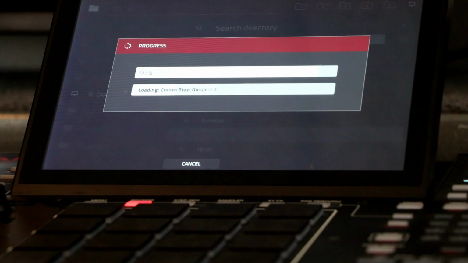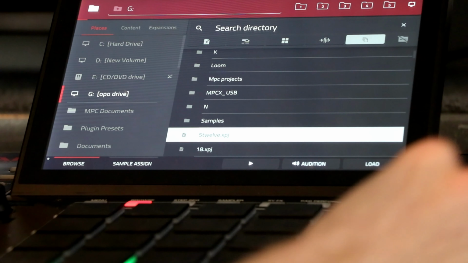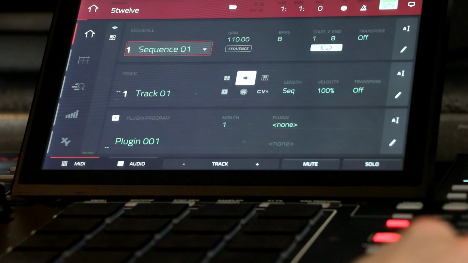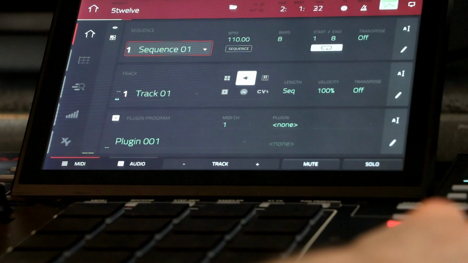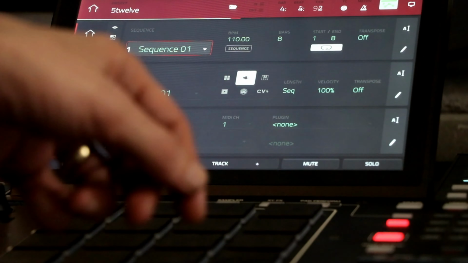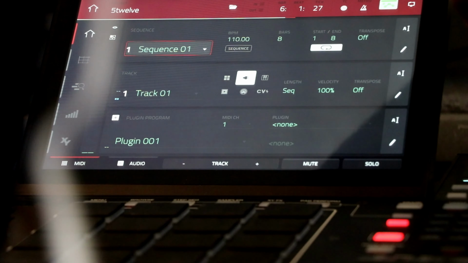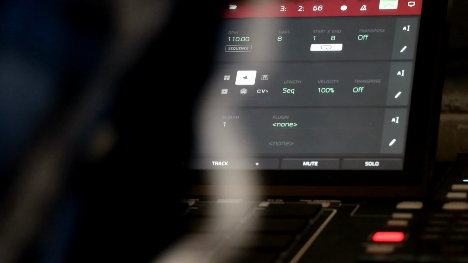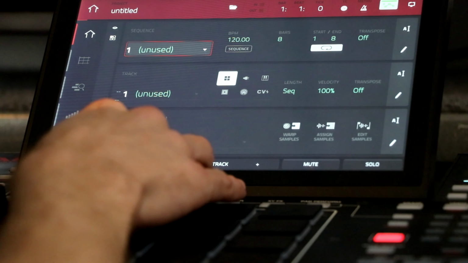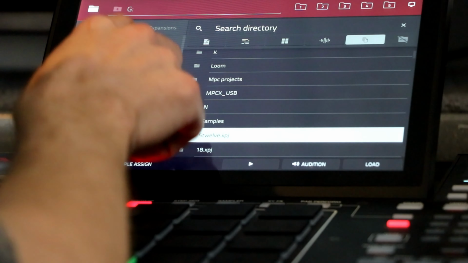Whatever. Error loading UI files. Okay, VIP's not there. Let's hope there's something even in here. See what happens when I play. Kind of quiet. Go to a different one. We're gonna go to